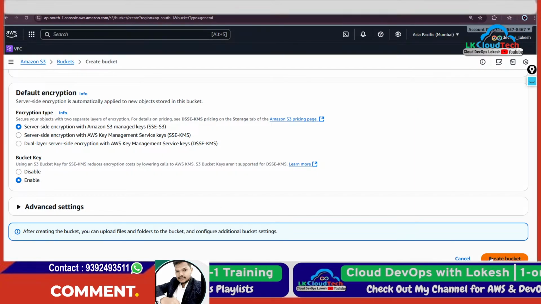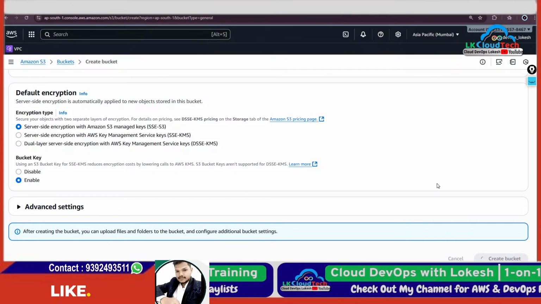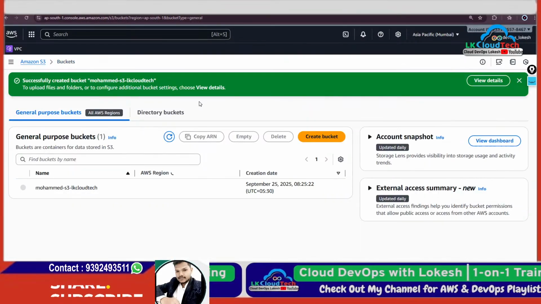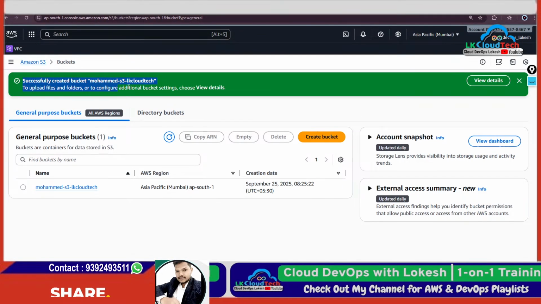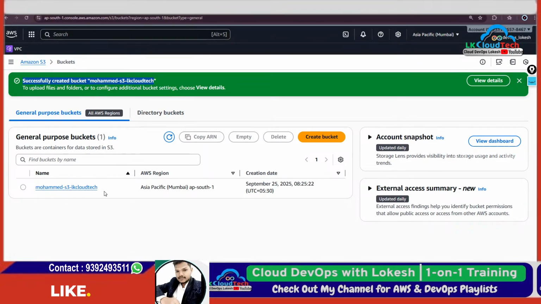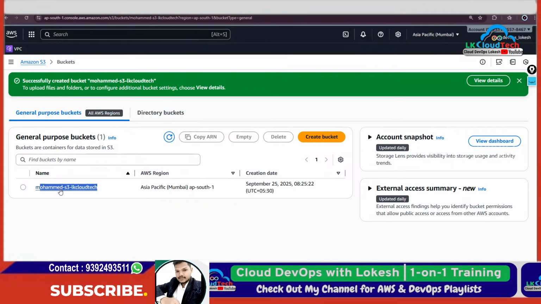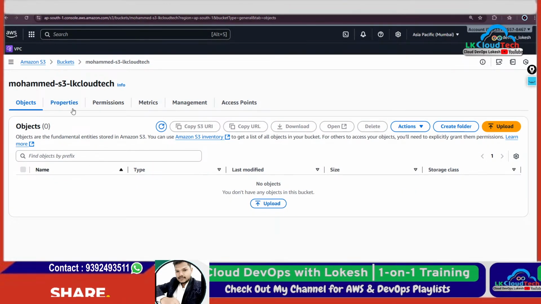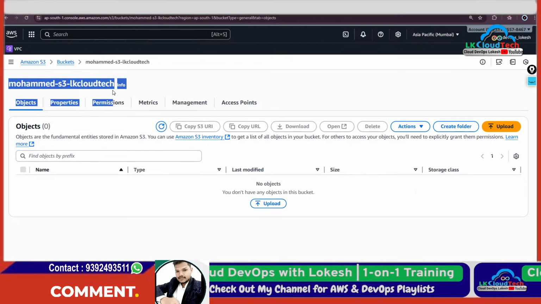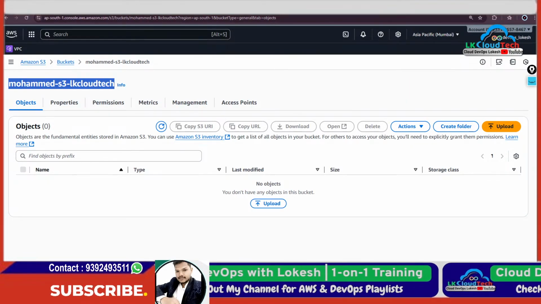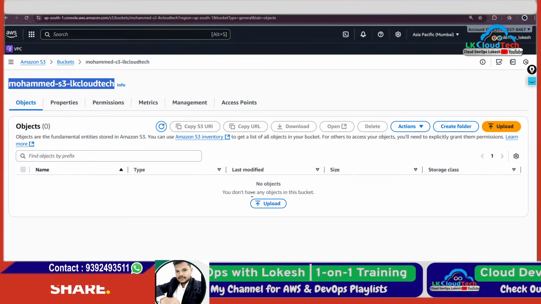Create a bucket. See this? It is creating. You see this? Successfully created a bucket. Now this is a bucket. Inside this you can keep anything. Clear? So now in this you can upload, right? Whatever you keep in this bucket, you can keep. Which means this is a kind of folder. You understood? Bucket in the sense it's a kind of folder. In this folder you can keep anything.